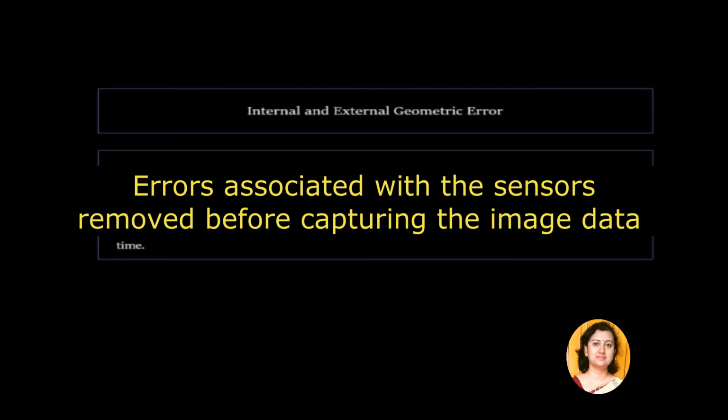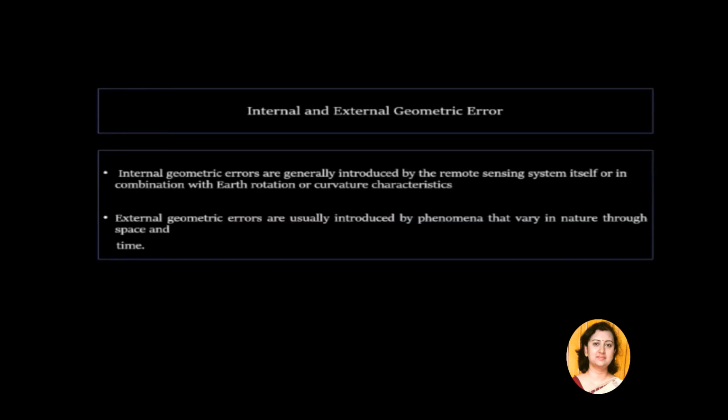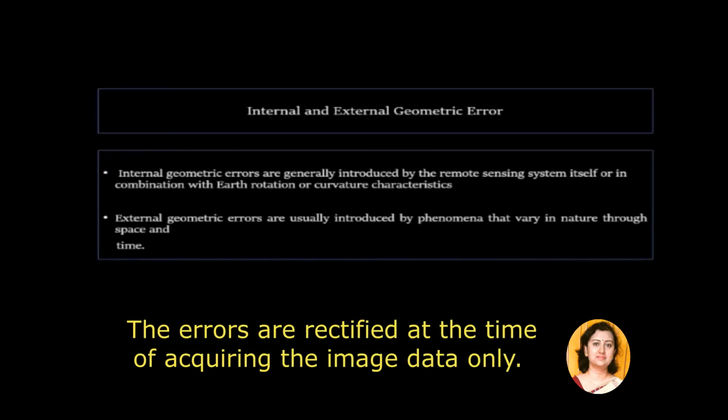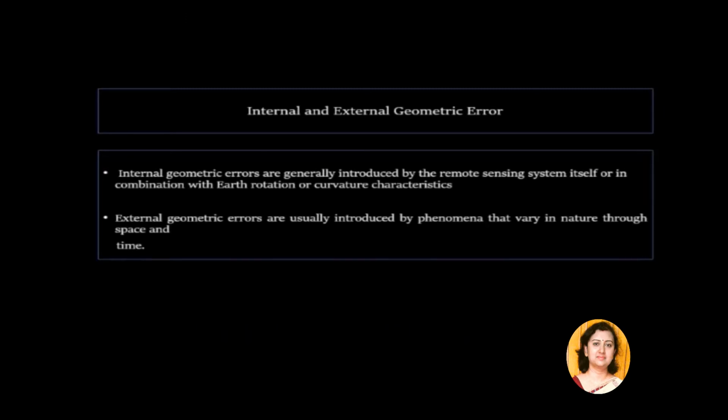See, if the sensor characteristics are analyzed and some error has crept in due to the Earth's rotation effects and maybe some scale distortion, these kinds of errors can be corrected by the agency itself before they offer the image for download. So these are all systematic errors, and when we obtain the downloaded image, we are not required to correct these kinds of errors.